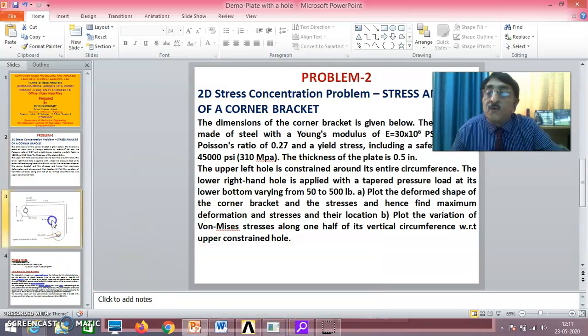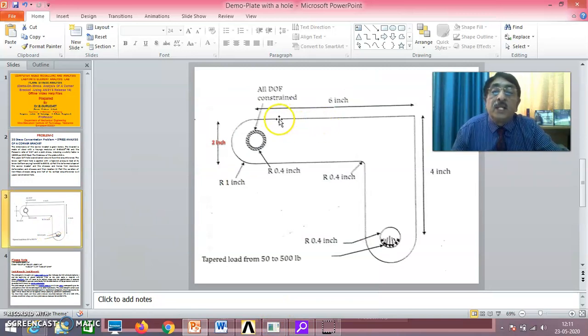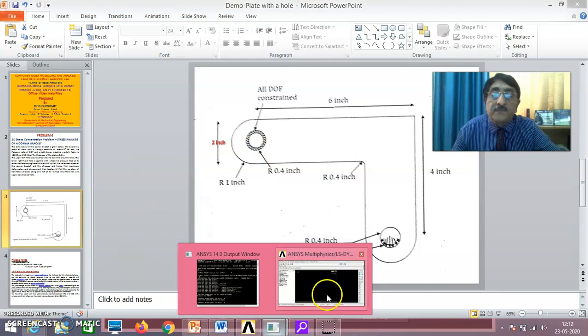You see here, first this is 2 inch by 6 inch. This rectangle we'll do as 2 inch by 6 inches. Then this is 4 inch. Then 2 inches by 2 inches will be another rectangle. Then one circle here, and all that we have to do. Anyway, I will do it slowly. How exactly to do it, I'll tell you.